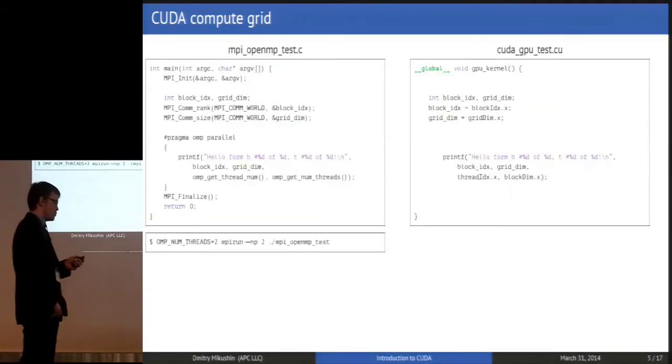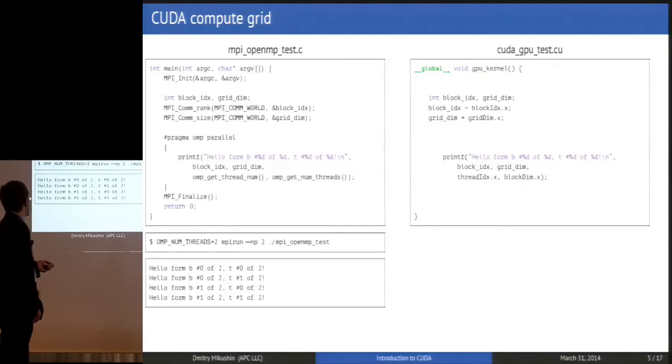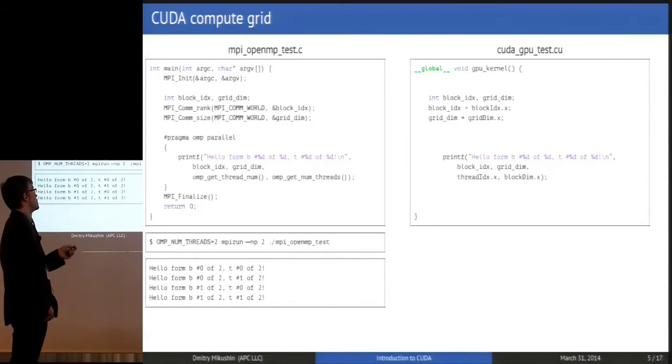So what we will have if we run this program with two threads and two processes, there will be some hello kind of output from every thread of every process. And in case of GPU, this program is supposed to be run on GPU, but GPU